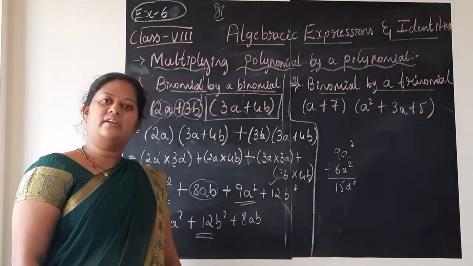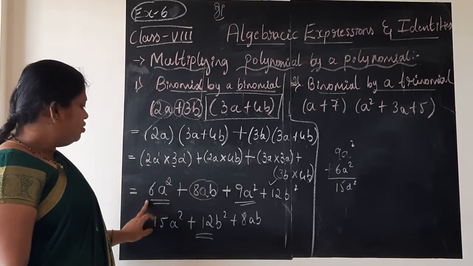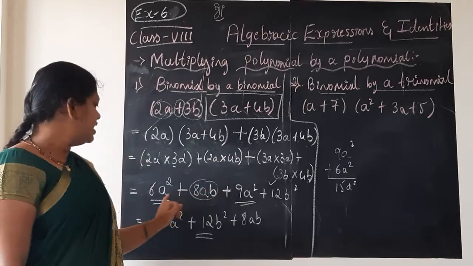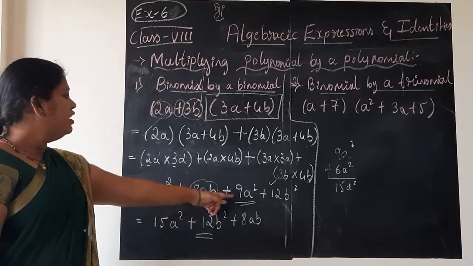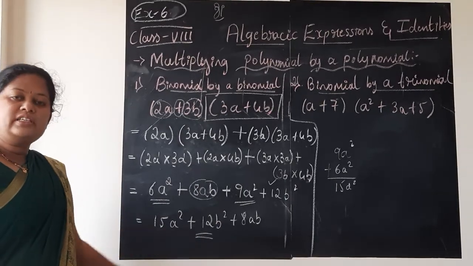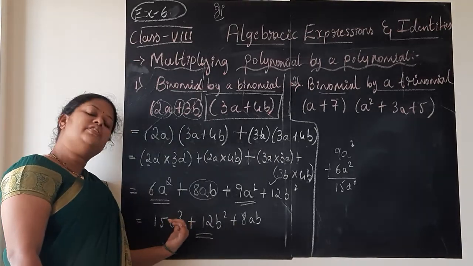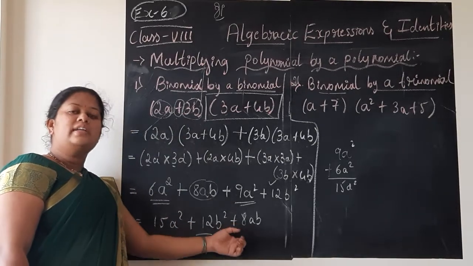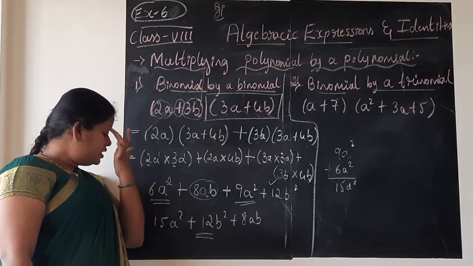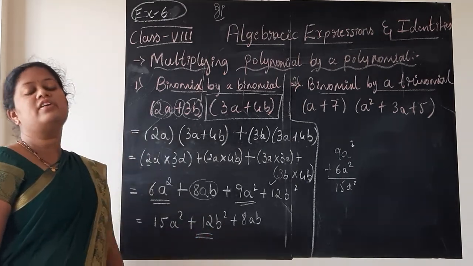Just rearranging the terms. After multiplying this monomial with binomials, children, next you need to check whether there are any common terms with the same variables like this. As we saw here, 6a square, 9a square. When you have them, you should add them and keep the simplified answer. Always the final step should be in the decreasing order of their powers. Suppose cube was there, first you should write cube, then to the power 2, then to the power 1, then to the power 0 or simply the constant. Here a square or b square was the highest power term. So a square, b square, 8ab. Like this we have arranged the terms.